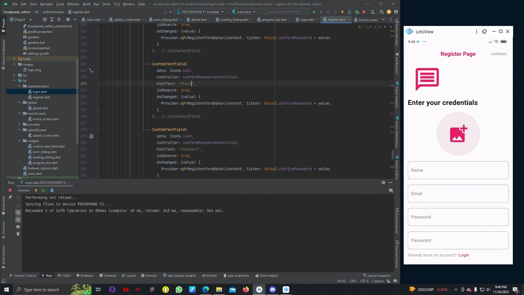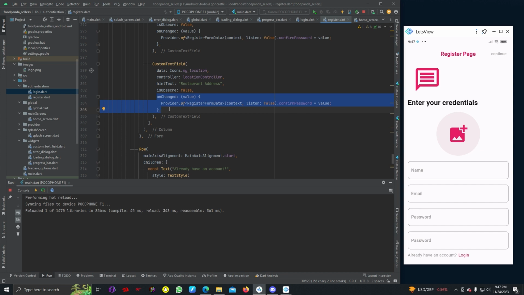Let's call this phone, and this one should be false, and this one should be my location and location controller, and this one should be restaurant address and is obscured to false, and we don't need any unchanged,